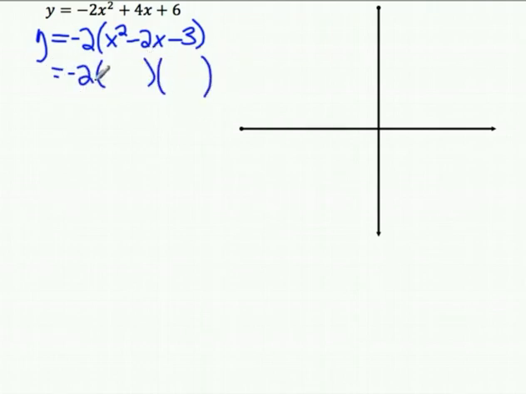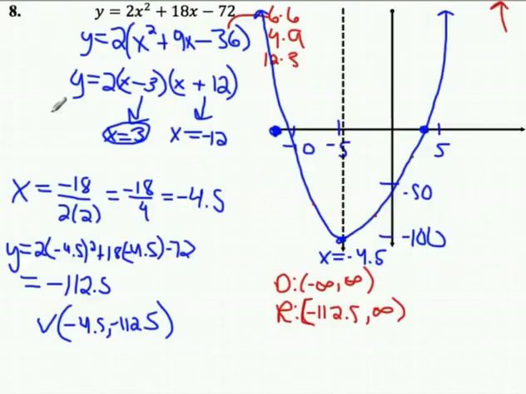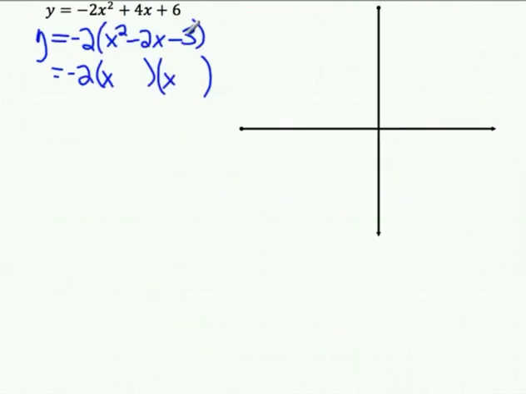I think that's the same problem 1 was at the very beginning, isn't it? I guess we could go back and look. Problem 1. Isn't that the same exact problem? Not that it really matters, but yeah. Yeah, I think so. So we're going to go 3 and 1, a negative 3 and a positive 1. That adds up to negative 2. Okay, so this one's going to give us